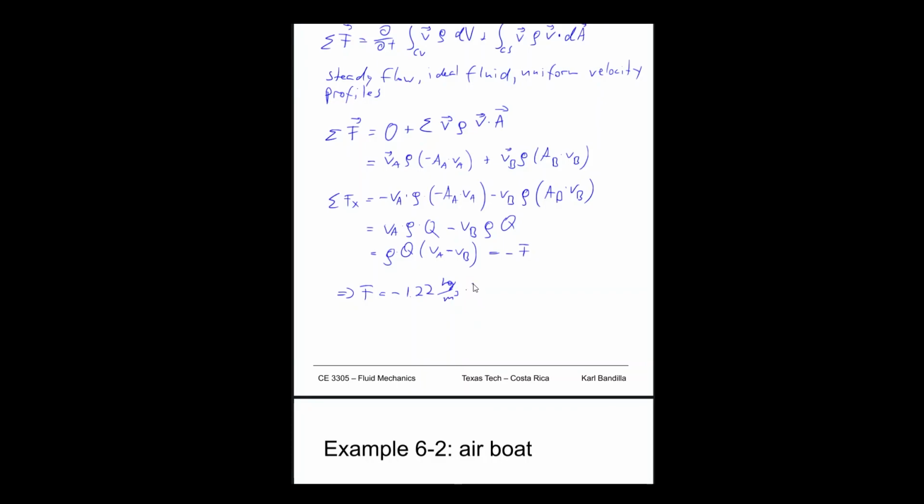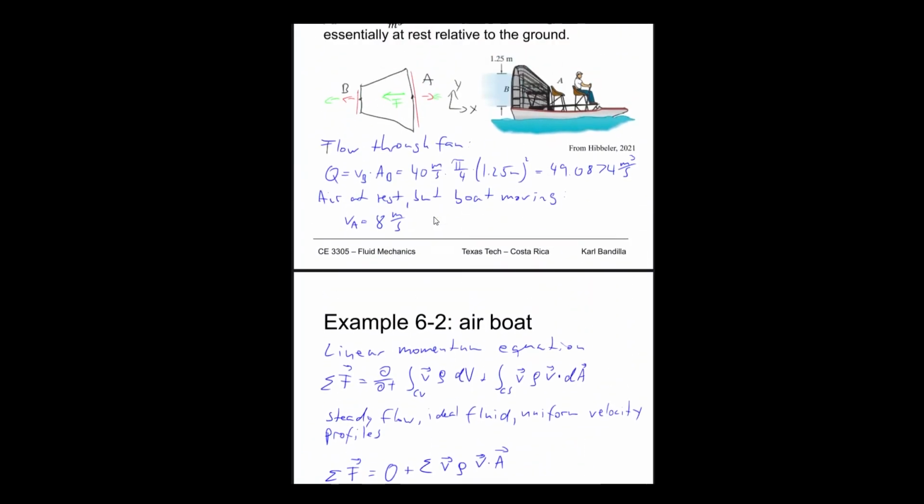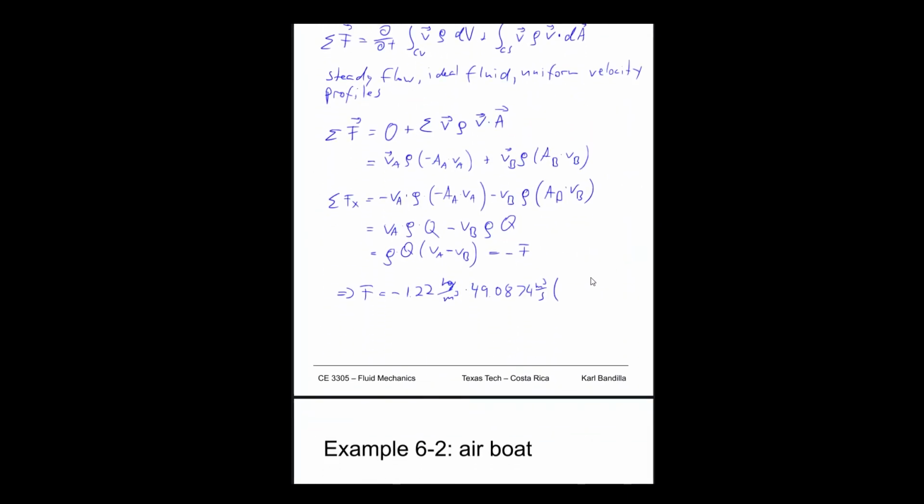The flow we calculated to be 49.0874 cubic meters per second, and then our velocities, V at A, we said was 8 meters per second, and V at B was 40 meters per second. So that is then 1,916.37 newtons, or 1.92